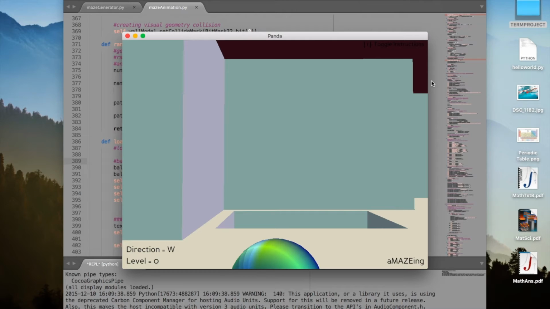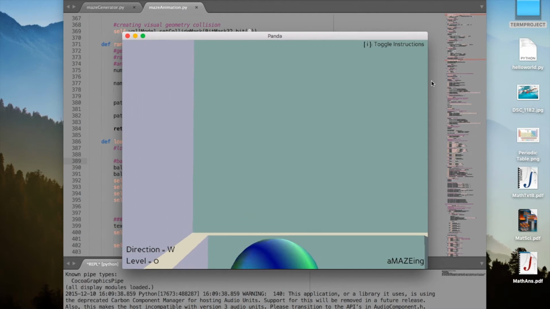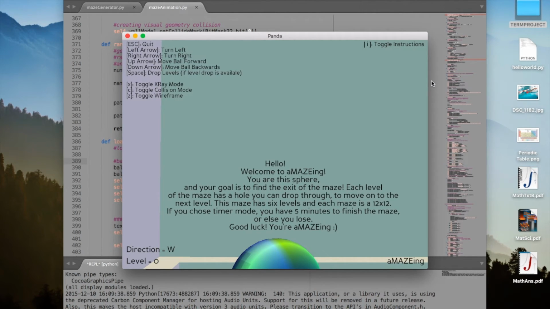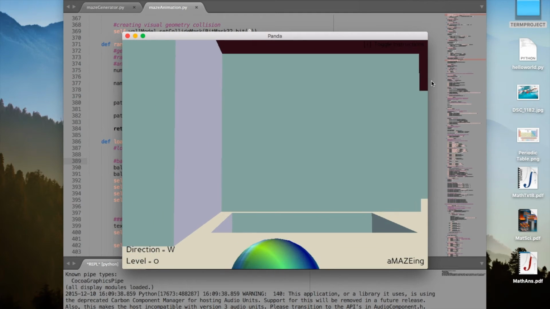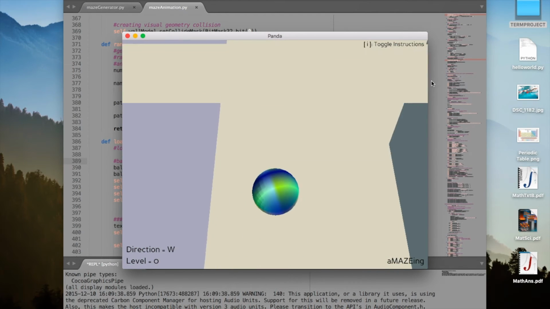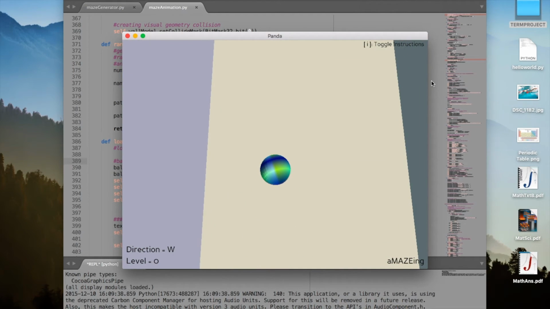Now as you can see, here I am. I've solved this layer of the maze. I have found a hole in the ground, which is basically the way to get to the next level of the maze. As the instructions say, if you drop and a drop is available, you can go to the next level. Here the drop is not available. It'll tell you that you can't drop here, but over here the drop is available. You can drop,